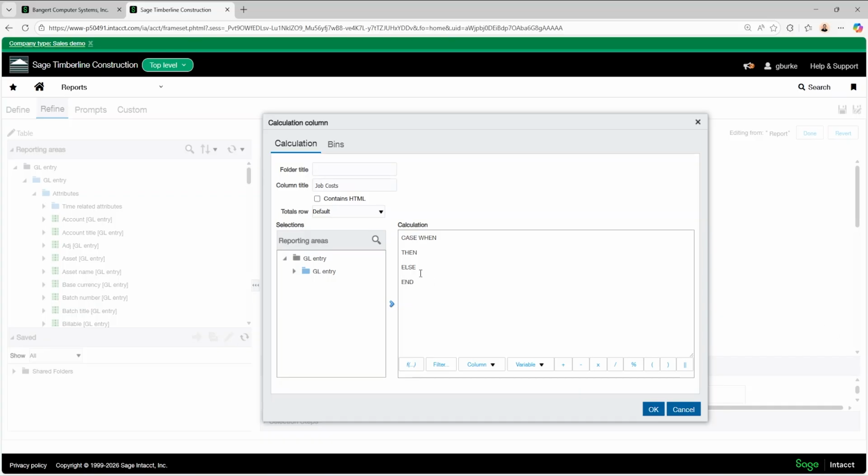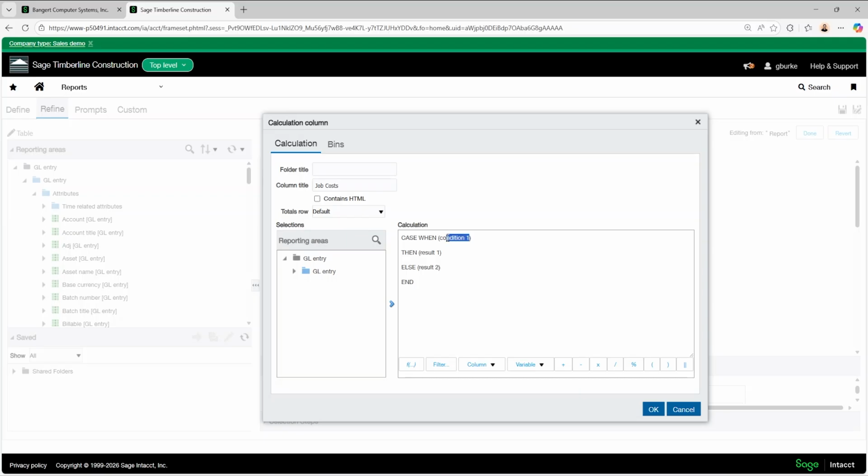And what it's saying is case when this condition is true, so when, let's say, condition 1 is true, then we want result 1. But if condition 1 isn't true, then we want result 2, and then end.